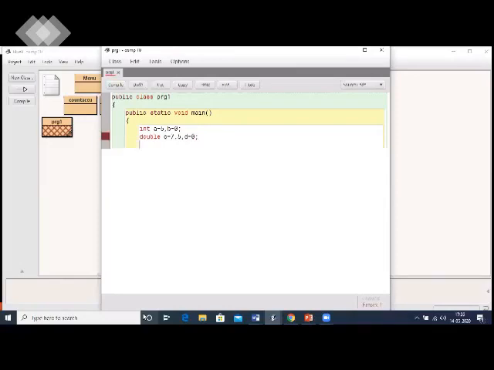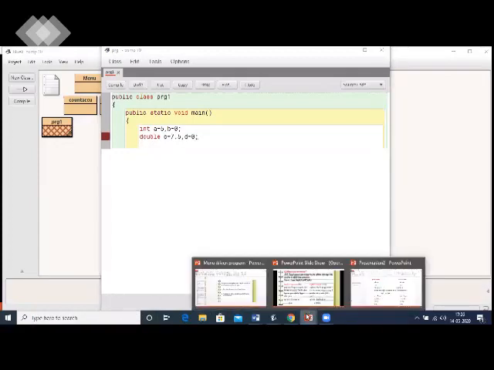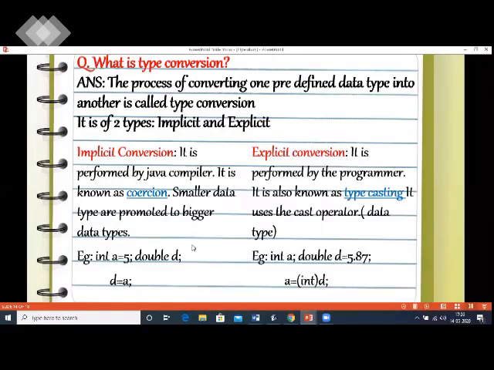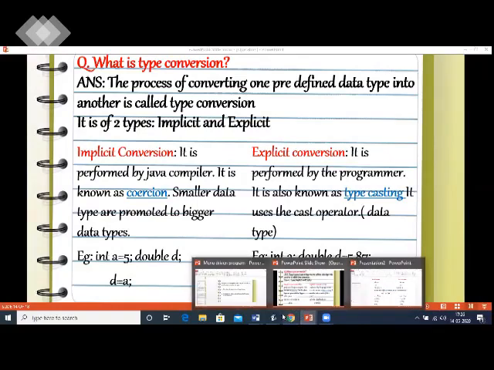Now first I'll be doing an implicit conversion. In implicit conversion, as we had understood, the Java compiler will do the conversion. Smaller data types are promoted to bigger data types. So